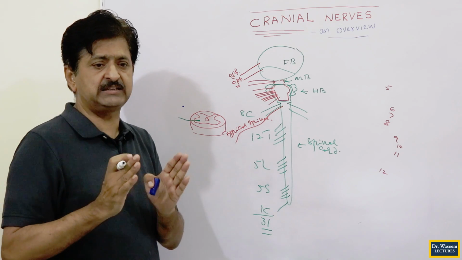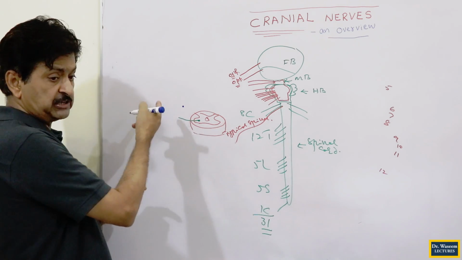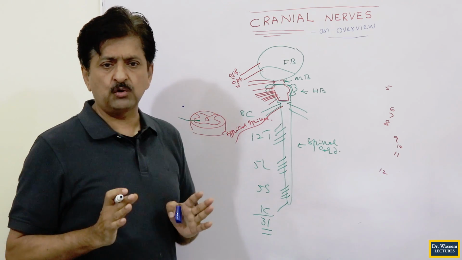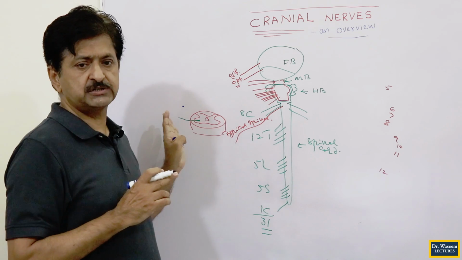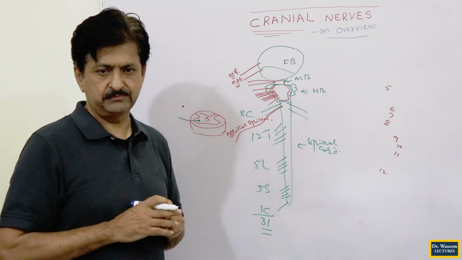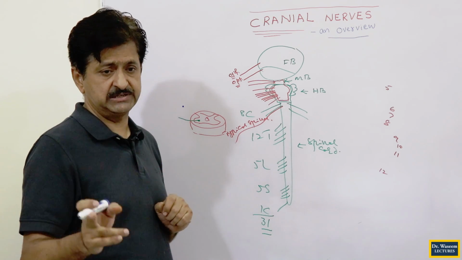which will take the transduced impulse for the first time. You see that this will take the transduced impulse for the first time, this is the first order neuron, you call it. It is always a sensory neuron, this is called the first order neuron also. First order neuron of any sensory modality, except the special senses.